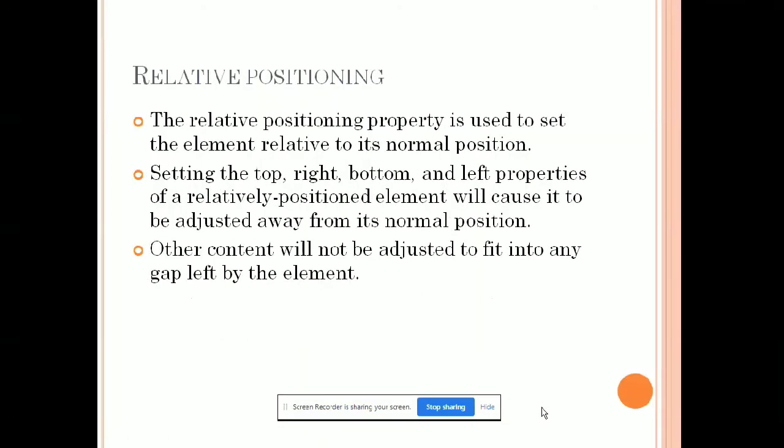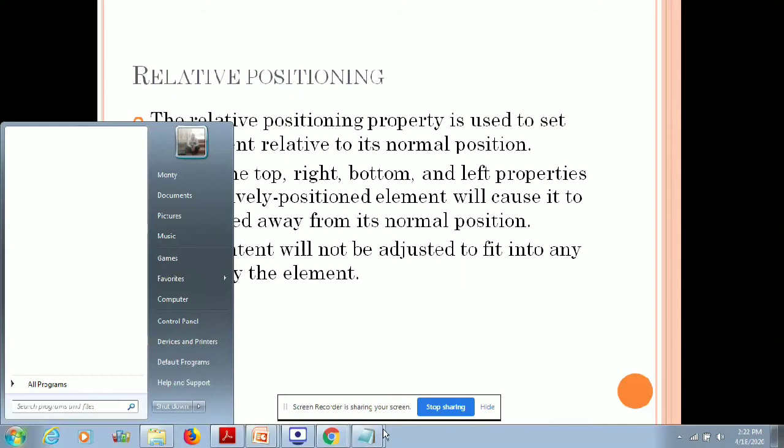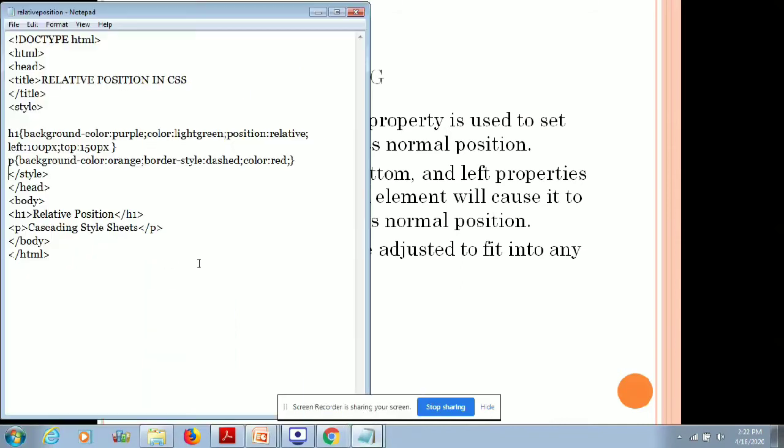Next one, over here we have relative position. Relative position is used to specify the position related to the normal position of the element. If I want to change the position of H1, then it is going to change the position of H1 related to the actual position. Whatever was the normal position previously, it is going to change according to that. The other content, like other tags, other elements, will not be affected by it. Only the element for which you are writing position relative is going to be affected. So let's quickly go through one program for this also.